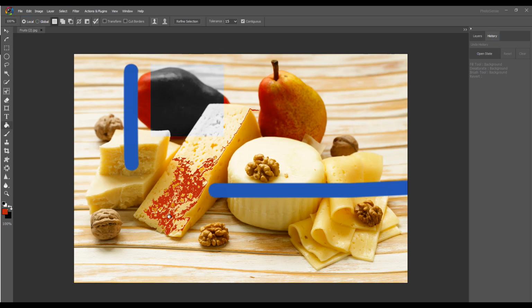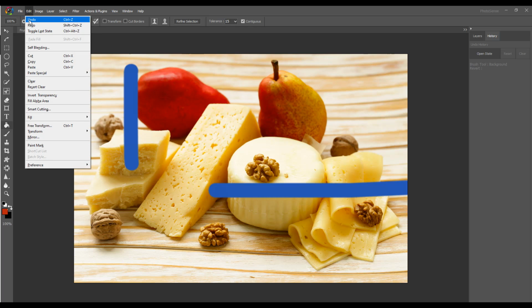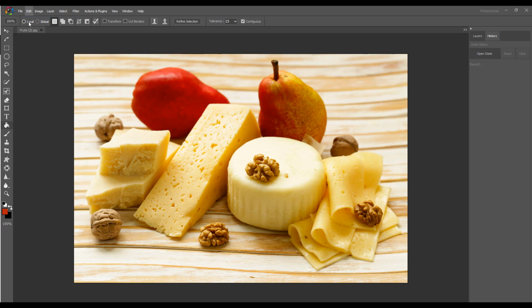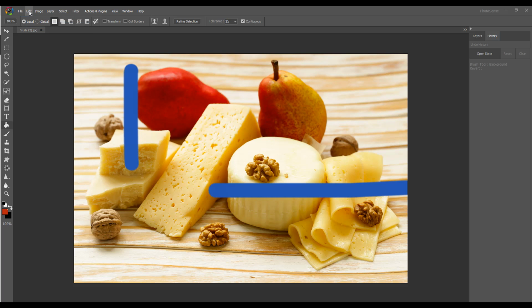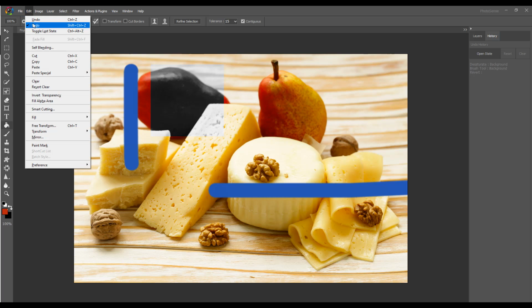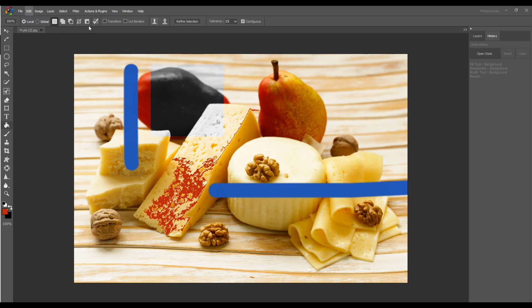Now if we want to undo this, same, go to edit and undo. That fill area got reverted. Again undo, that black and white went. Again undo, that brush design went. Now if we want all the steps again on the screen, then same way on edit, redo button, that brush design came. Again redo button, that black and white design came. Again redo, fill area design came.